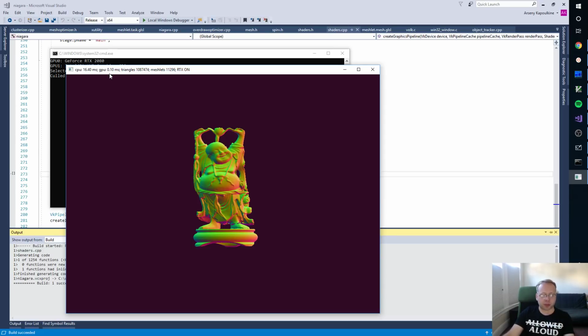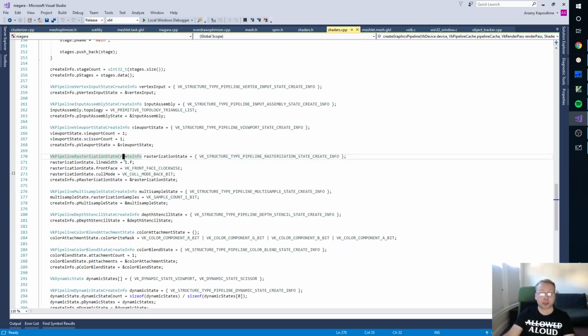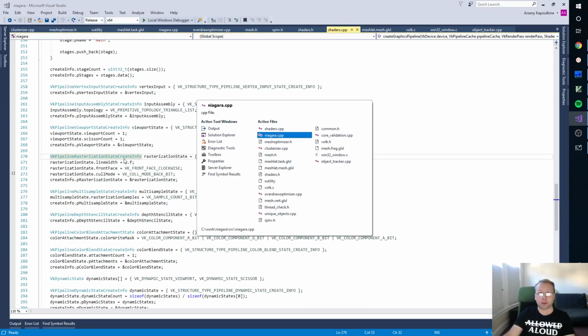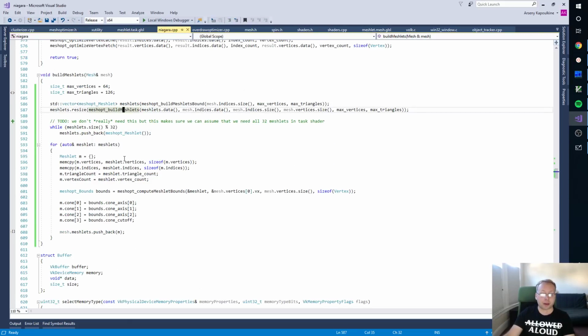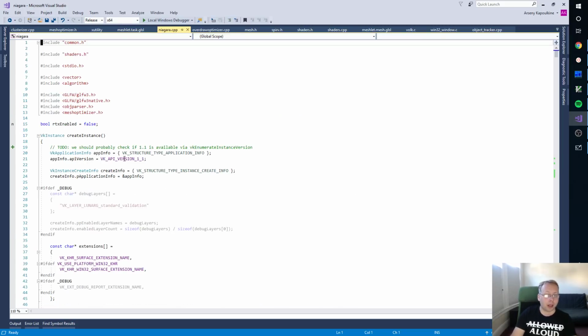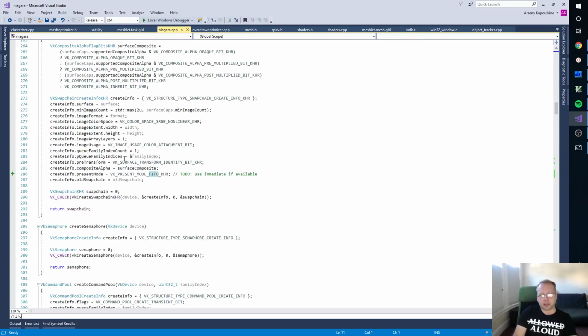Our GPU time is measured separately, but you can see it's fluctuating. So apparently, for some reason, if you disable vsync, the timings become basically rock solid. The problem is, this is how we right now enable vsync, right? And to disable vsync, you should do this. So the problem is,